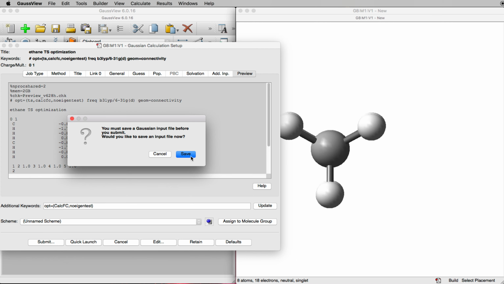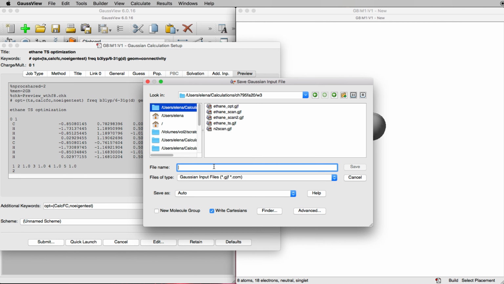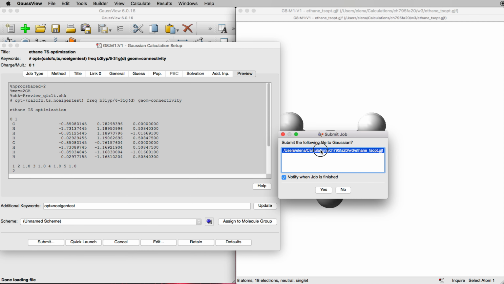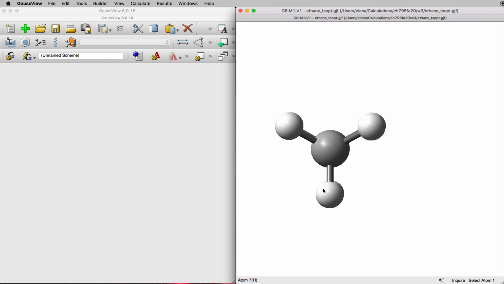Click on submit, save. I will call this ethane TS opt .gjf. Click on save, and I will submit to Gaussian. This will take a little bit of time to complete.